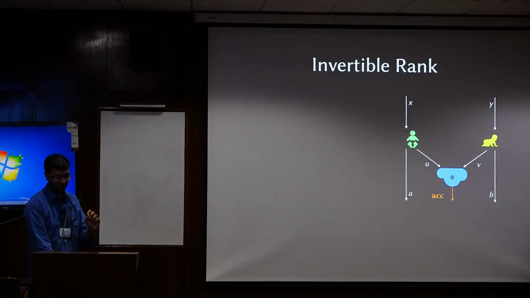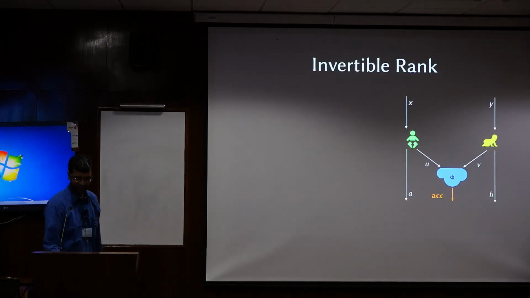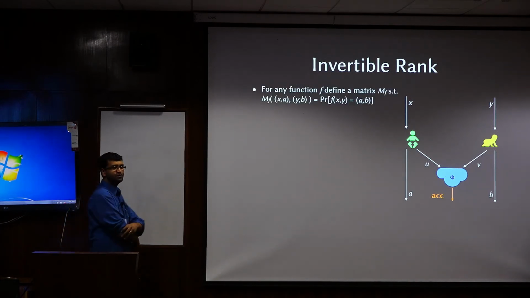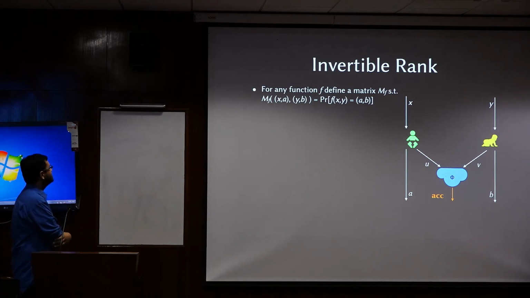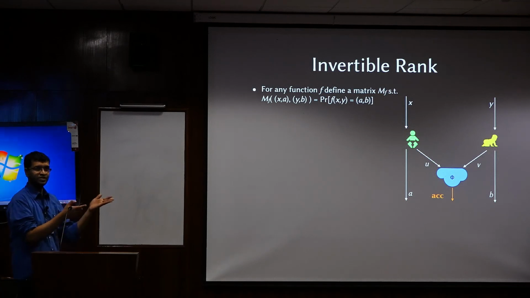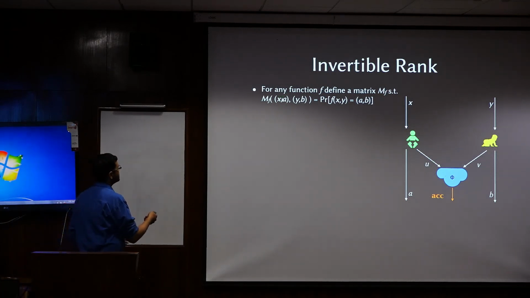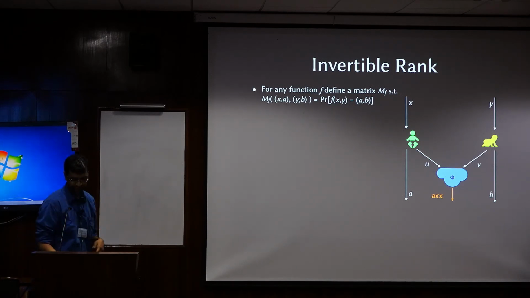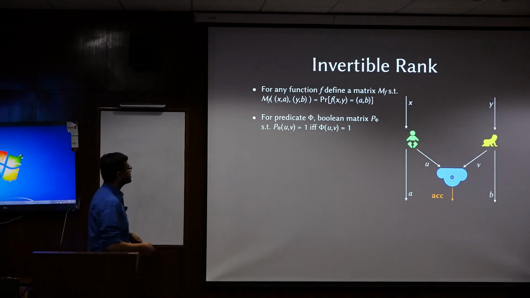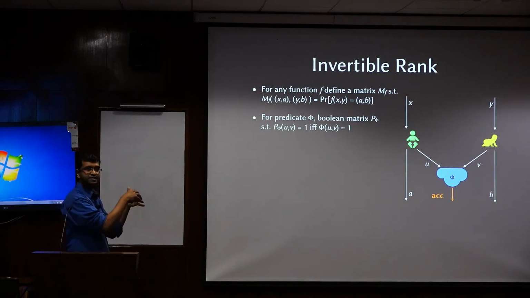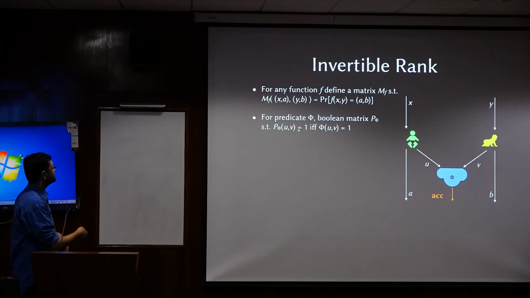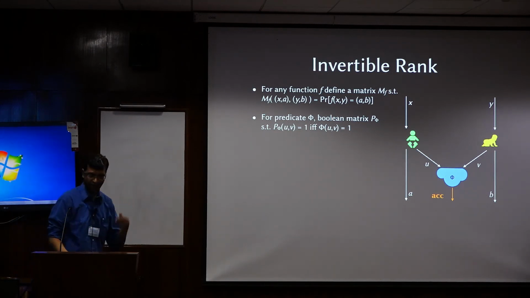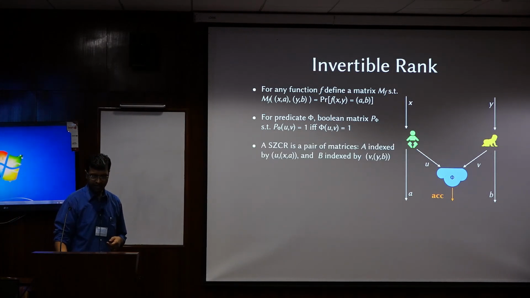So the linear algebraic formulation. We define a quantity called invertible rank. The name is totally arbitrary, but it has some connection to rank. So here is the definition. For any function f, you can define this matrix, essentially the truth table, indexed by inputs and outputs on each side. If it's a deterministic function, it's a 0, 1 matrix. And you could also define matrices with only inputs when it's a predicate. So this has only inputs on each side, and 1 wherever the predicate is 1. And in terms of these two things,